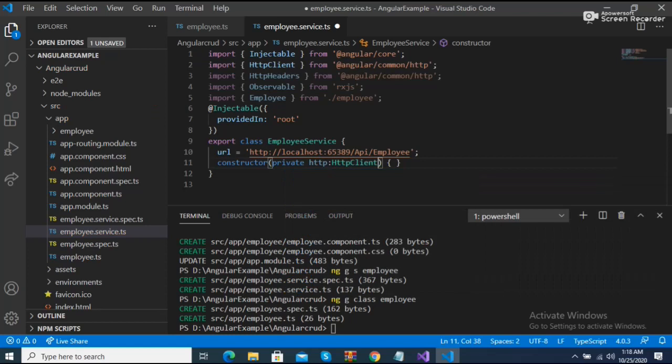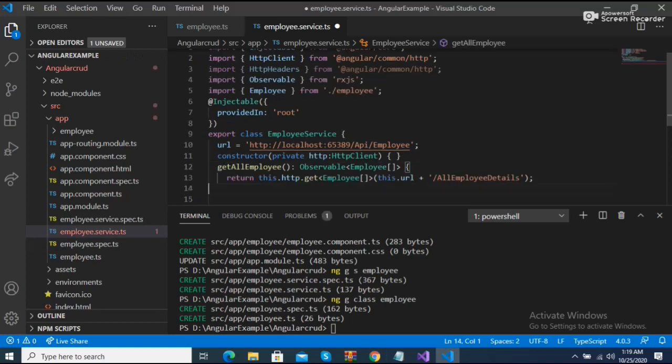After all of this, we put in the getEmployees method. This function returns all the employee details. So I put here getAllEmployee, returning an Observable of Employee, and return this.http.get with this.url and all employee details.